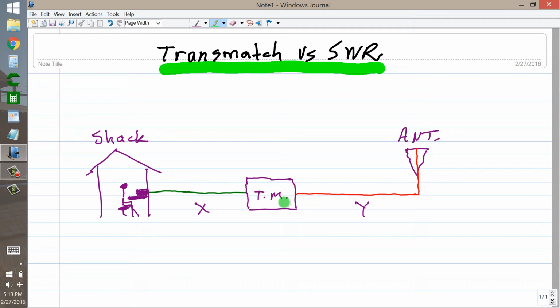Suppose you put a transmatch, TM, somewhere along this transmission line, and you tune this transmatch so that the SWR on this section of transmission line is 1-to-1, and you get a perfect match for your radio. But suppose that the antenna is by no means matched to the transmission line. This transmatch right here has no effect whatsoever on the standing wave ratio here on the red part of the